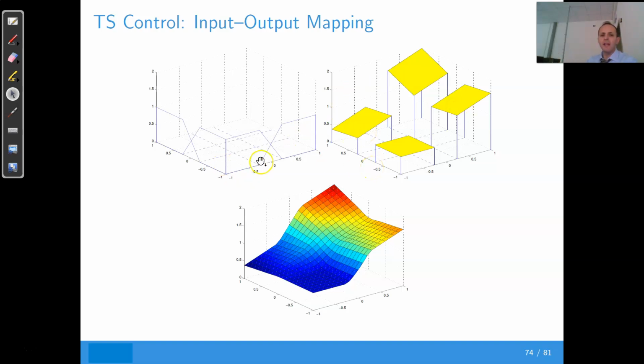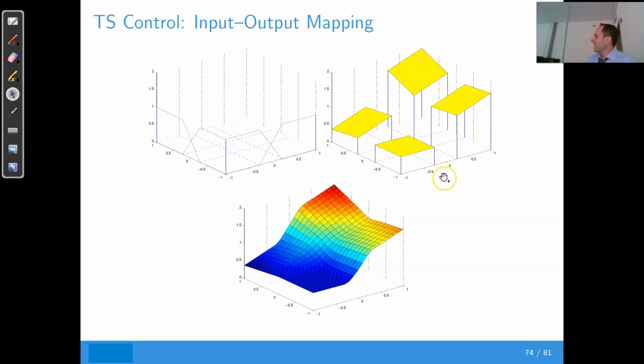So in this case, for example, we decided to partition our inputs using two fuzzy sets. So you see very simply that the combination of 2 by 2 fuzzy sets corresponds to 4 rules,